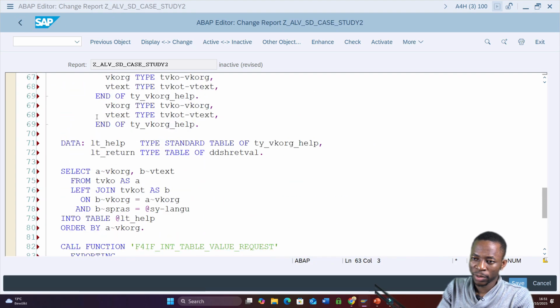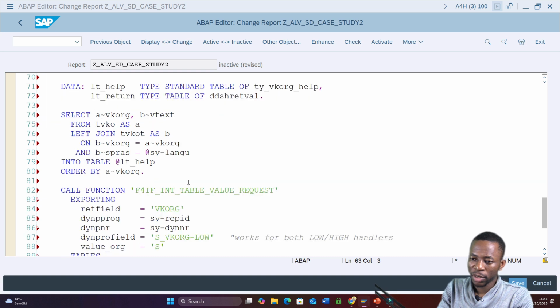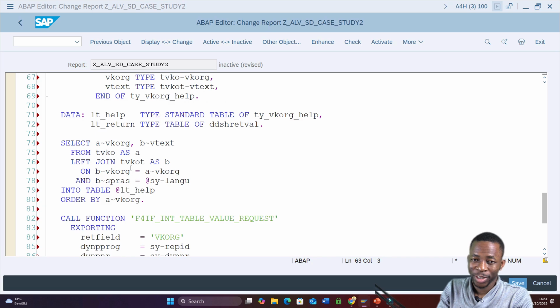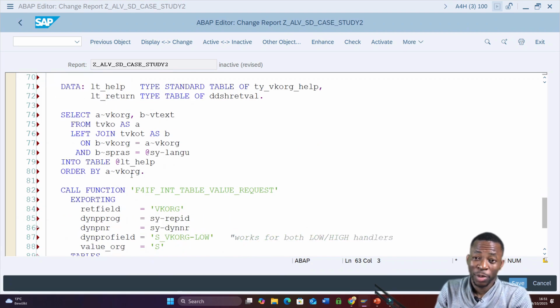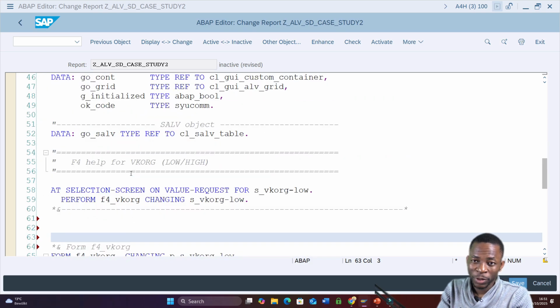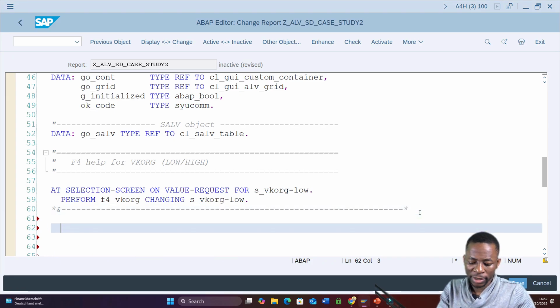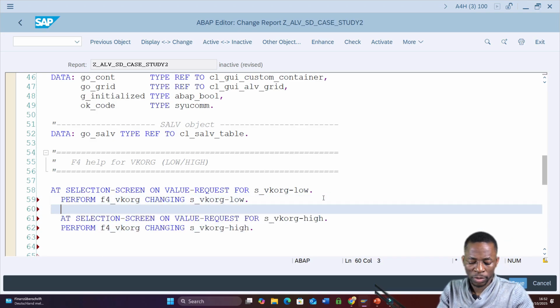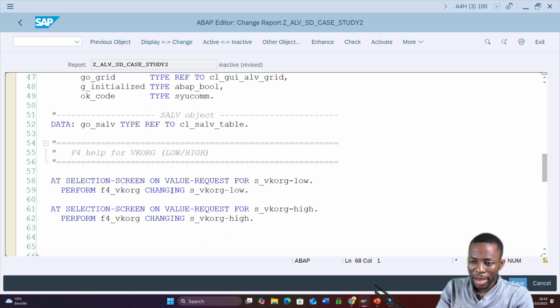Okay, so we declare the types and the select statement. Just for the time being, I'm going to spare us the explanation of this code. I'm going to leave a link in the description for the code also. So if you want to get the full code, please head over to the link and download this code. Then what happens when the high interval is pressed? Okay, so this is where we define the F4 help for the low interval field and also the high